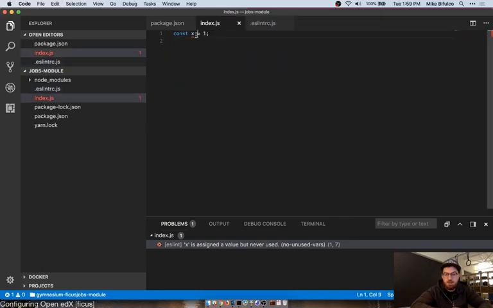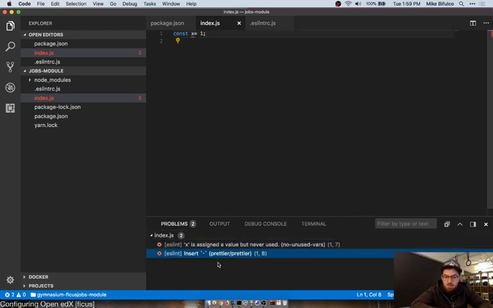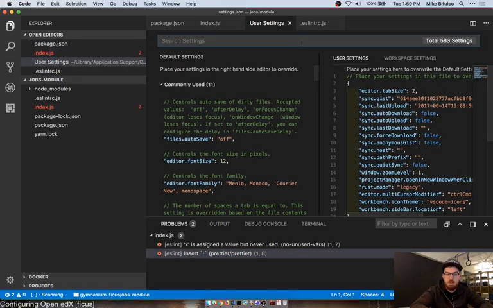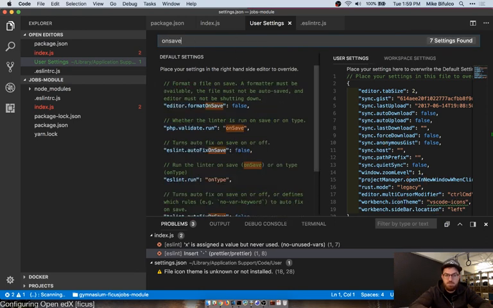And actually, I don't think it'll be a problem because I have this set to run prettier on save. Uh-oh. Oh, no. I'm sorry. Because this is a different editor environment. Editor format on save, we're going to set this to true in the workspace.